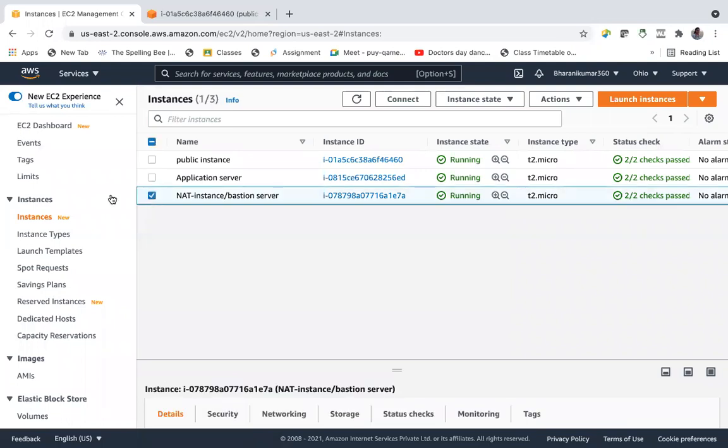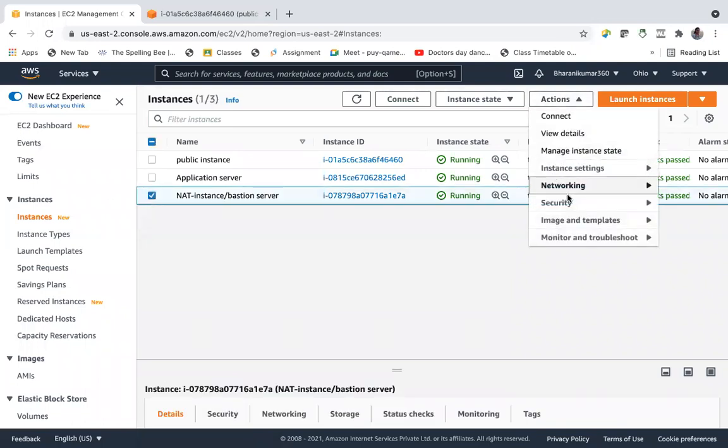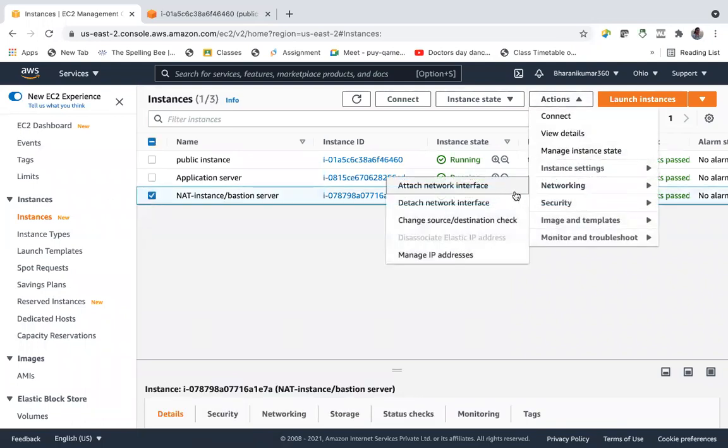So let us go to this NAT instance. The first thing we have to do is go to Actions, under Networking. You will have Change source or destination check. What happens is, for the traffic coming to these EC2 instances or going out from them, this check will keep an eye on them, checking whether the source or destination is the same instance.